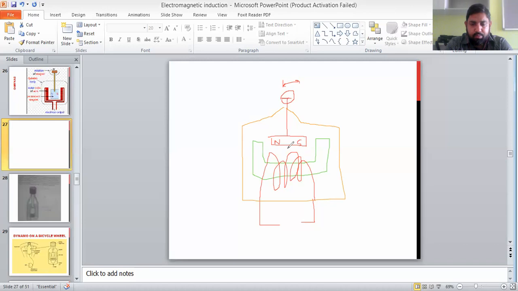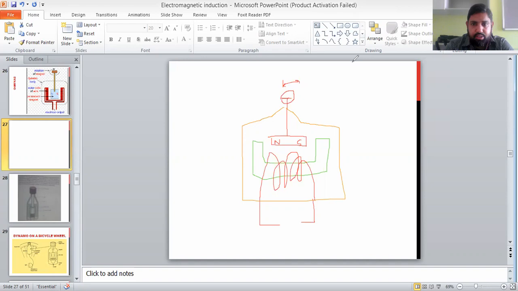So I'm calling this dynamo model a more practical model. That's why it's used more in daily life, because it doesn't have those slip rings and carbon brushes which make the assembly more complex. So it can be used in a very compact mode. You can see that this is a very compact model of a generator.